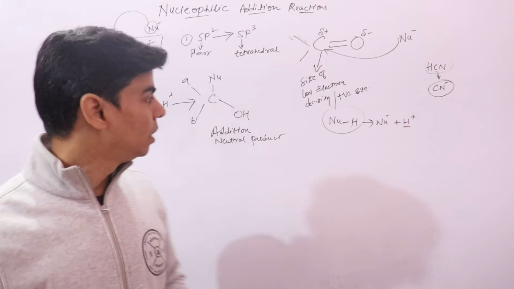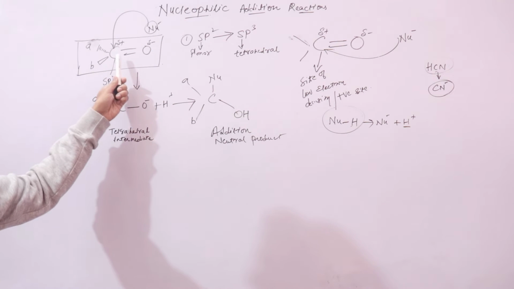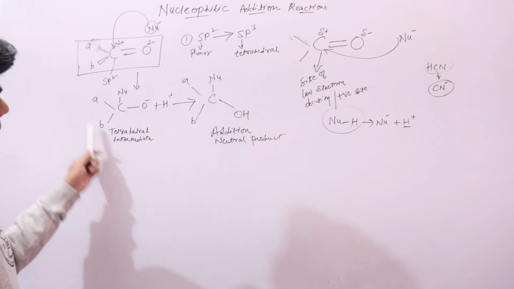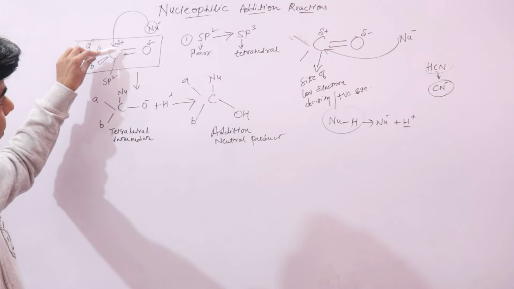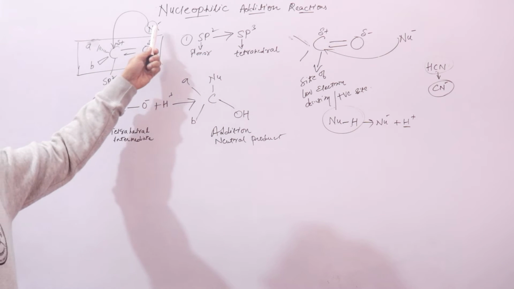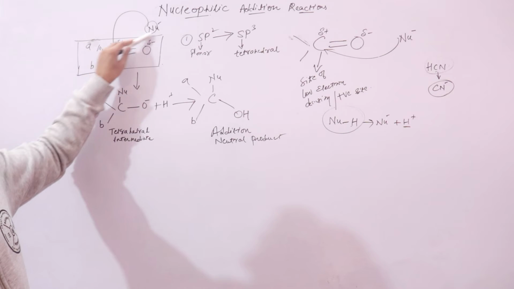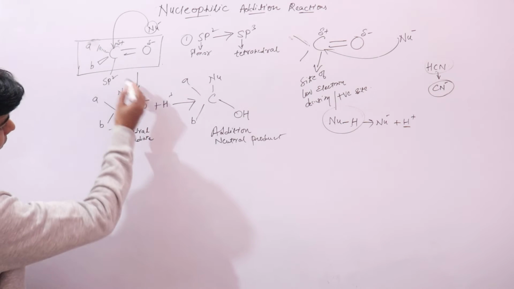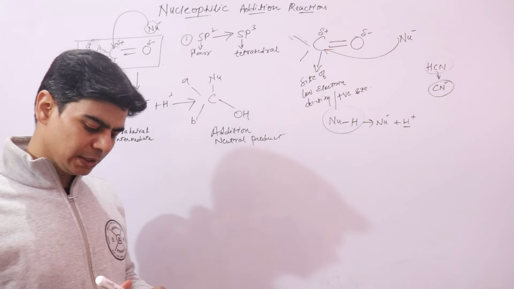Nucleophilic addition reactions: in all the reactions that we will be doing, a nucleophile will attack this sp2 hybridized carbonyl carbon to form this tetrahedral intermediate, in which the hybridization of carbon has changed from sp2 to sp3. In the presence of this reagent, the pi electrons transfer towards this oxygen, and this is your tetrahedral intermediate. Since it is an intermediate, it is highly reactive.